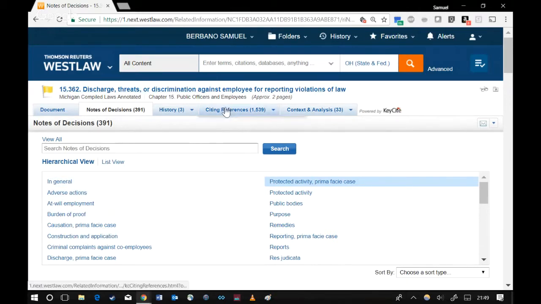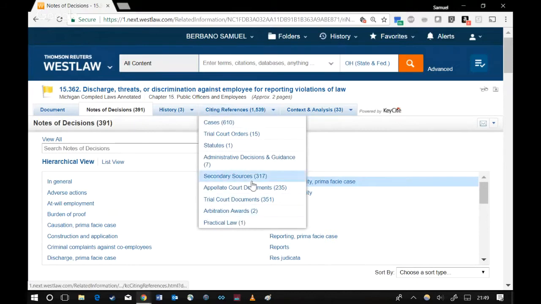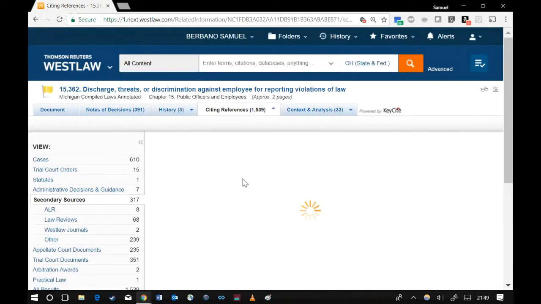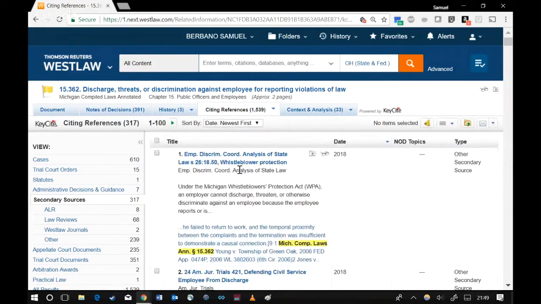Keep in mind as well that we want you to start your research with secondary sources too. The secondary sources accessible through KeyCite are a variety of amazing sources. First, national ones, like this Employment Discrimination Coordinator. Check that box, hit that folder button, park that into a folder if you like it.